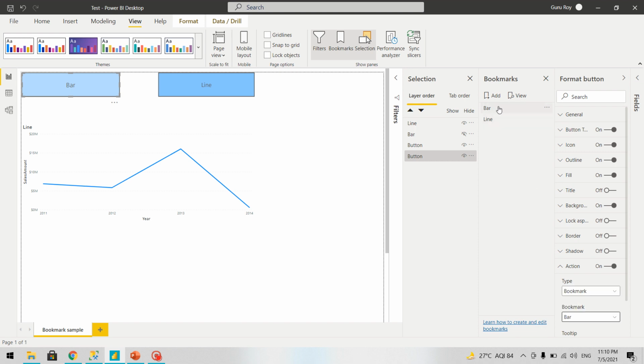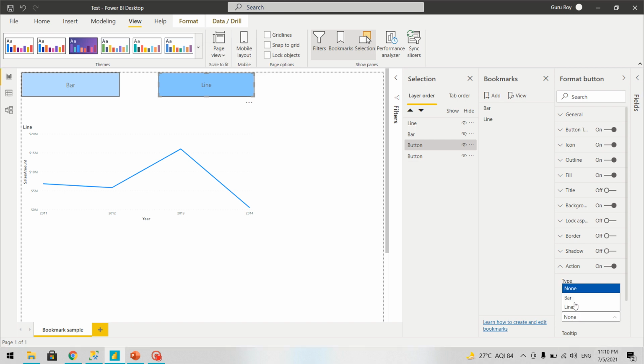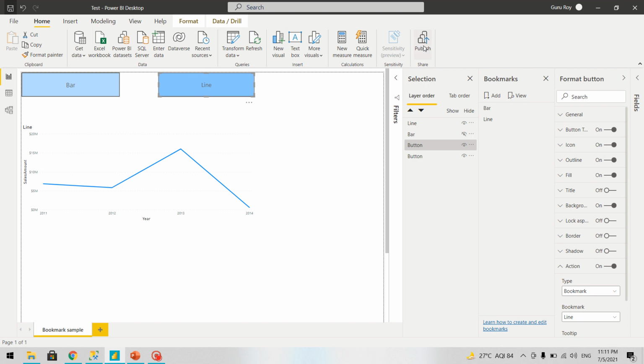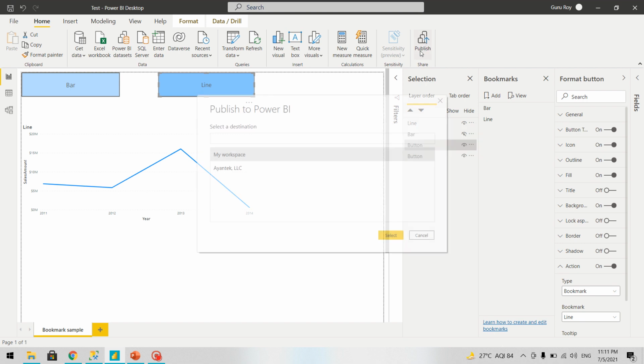So whatever view is associated with bar will be shown here. Similarly for line, we'll click on line, and then we'll again go to Action, and we'll select line here. Now we'll save this report, and we'll publish this report, and we'll see how it works.